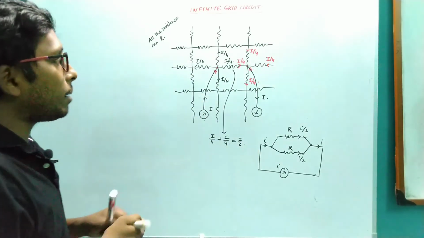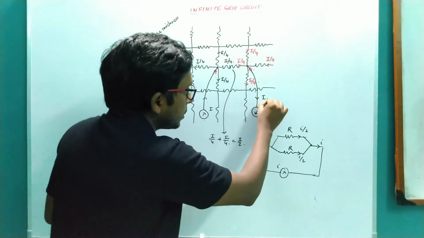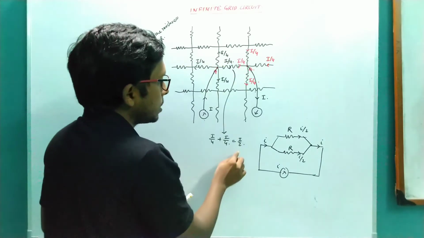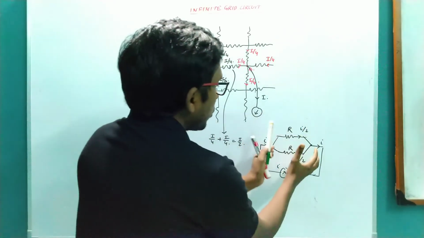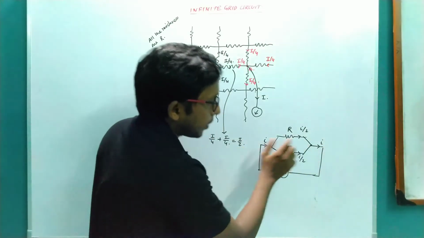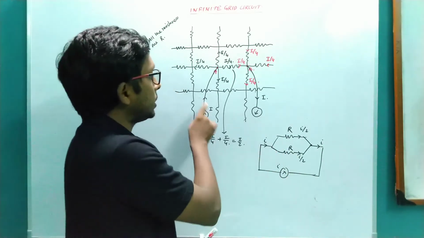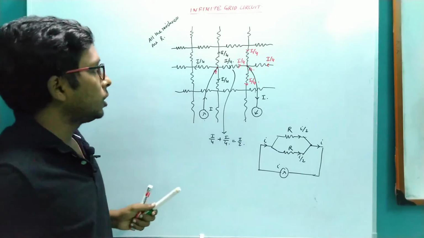So when I am sending I amount of current through A and taking I amount of current through B, then the current passing through the resistance is equal to I by 2. You can say a similar sort of thing: I am sending in I amount of current and I am taking I amount of current. The difference is here I have to connect only one current source and here I am connecting two current sources, and the reason I have told you.